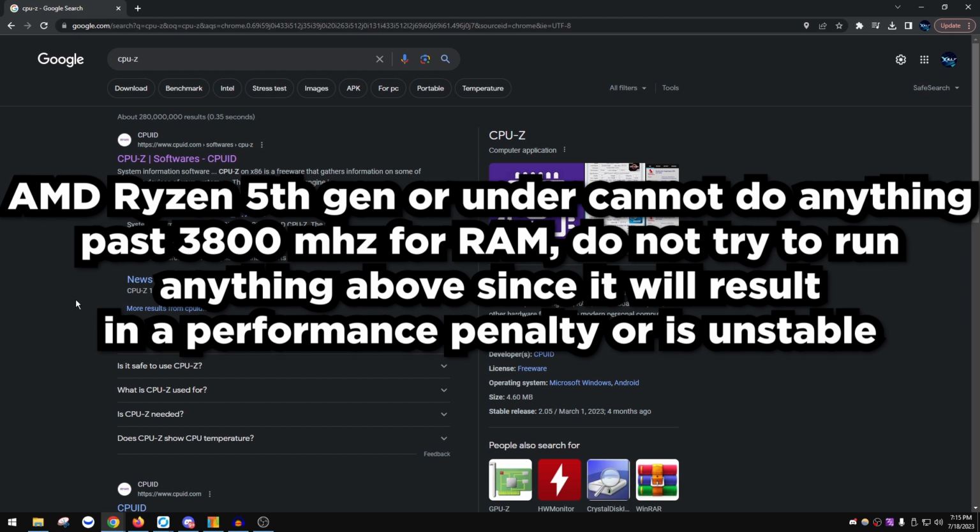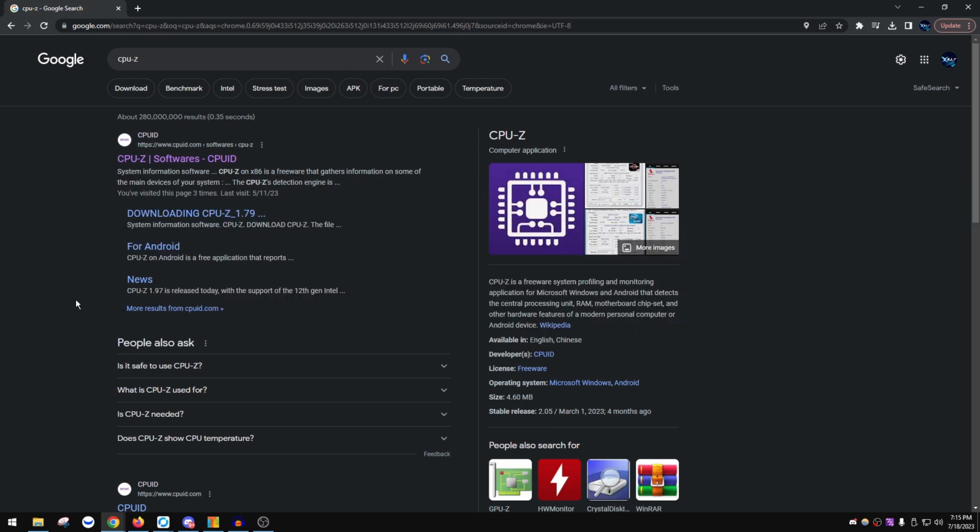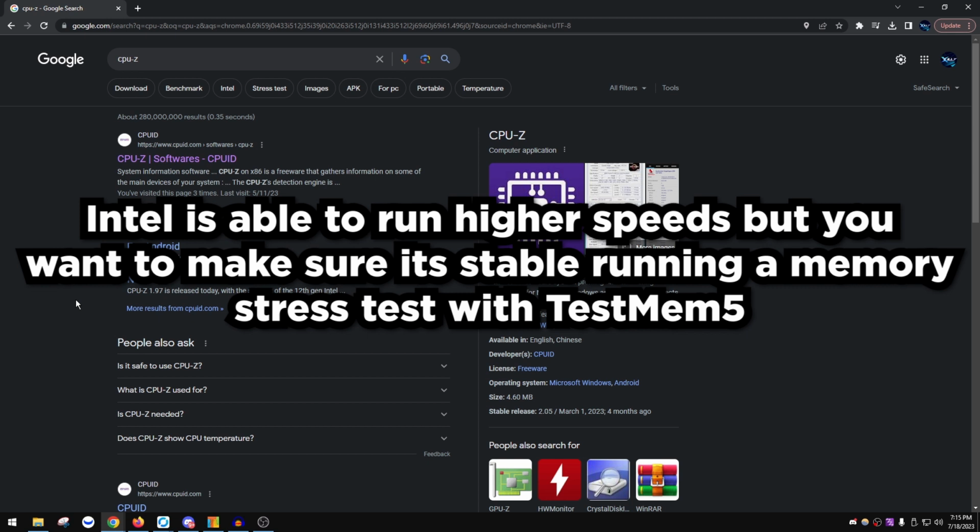You're just going to get lower performance and you're going to get issues with stability. This is the same thing for Intel, but it's less prominent. For Intel, you want to stress test your RAM, make sure it's 100% stable if you're on 4000 megahertz. And the easiest way to do this is to run a RAM test, which I'll leave a link to in